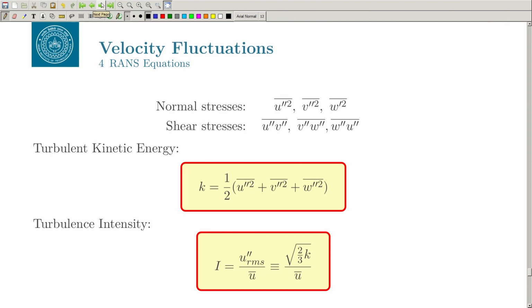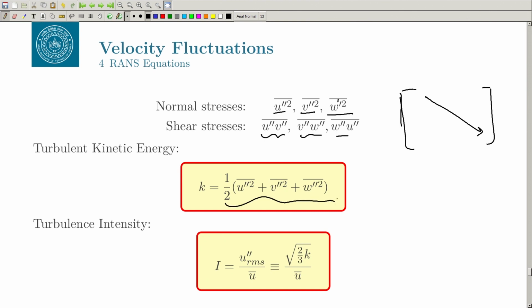So, like in the incompressible flow, we have 3 normal stresses, u double prime square, v double prime square, and w double prime square. And we have 3 independent shear stresses. So, it is a 3 by 3 tensor, a 3 by 3 matrix, right. The 3 normal stresses are the isotropic terms, and they give you the turbulence kinetic energy. Then we have an additional 3 terms which are the shear stresses, and they are symmetric here. So we have 6 independent terms